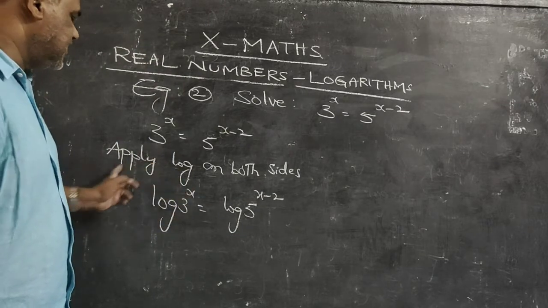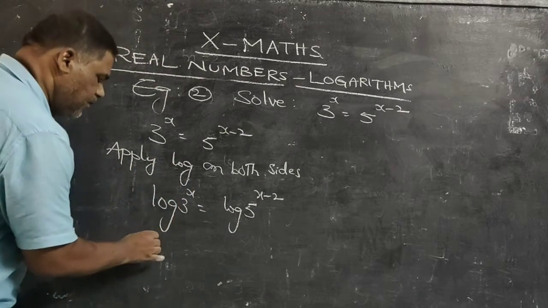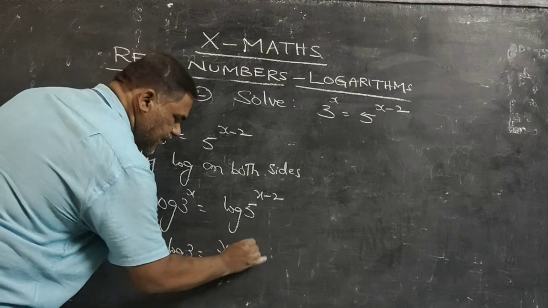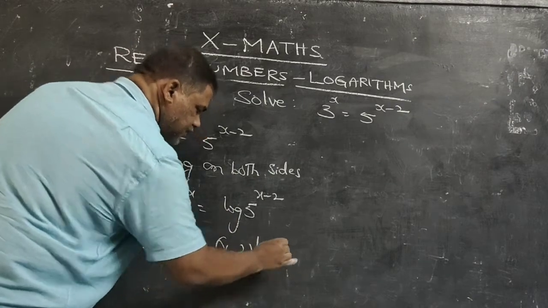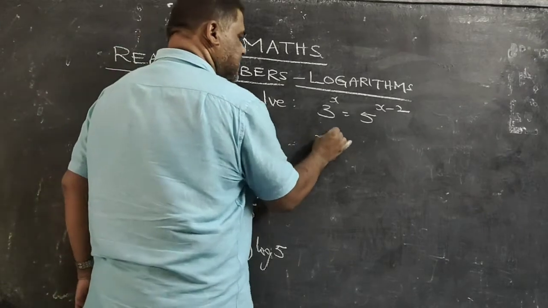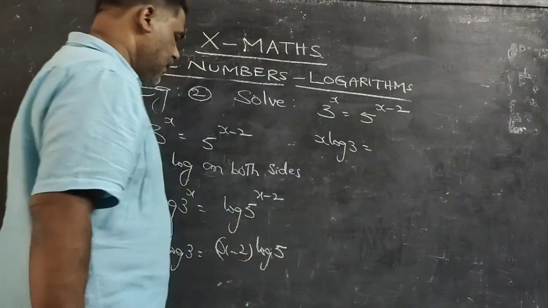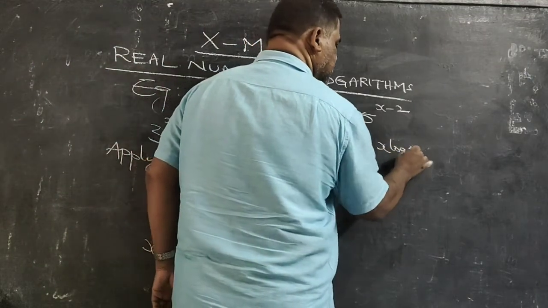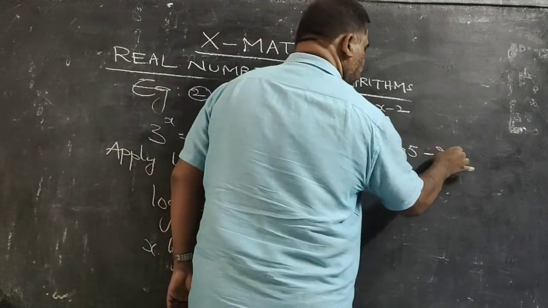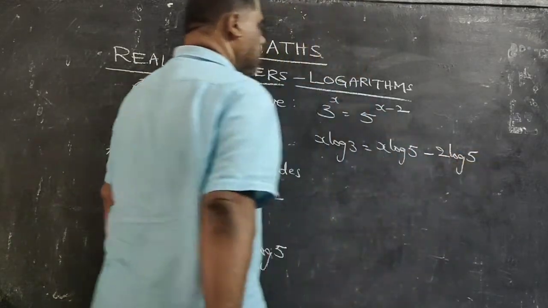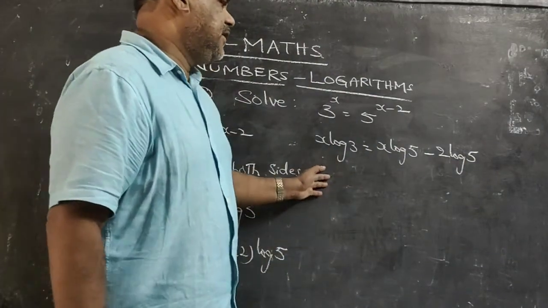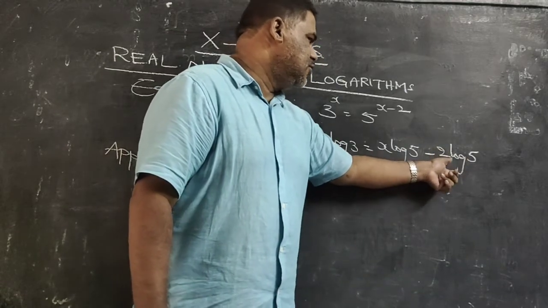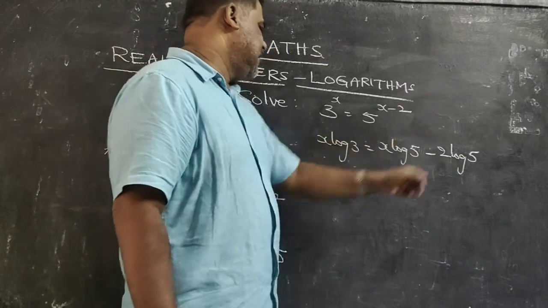Log a to the power n is, n comes here, it becomes n log a. So it will become x into log 3. Here x minus 2 comes here, x minus 2 log 5. Now x into log 3 is equal to, multiply by log 5, x into log 5 minus 2 into log 5. Bring all x terms one side, without x other side. Here without x only one term is there and that term is having minus sign. So it is better you take other side and bring this x log to that side.